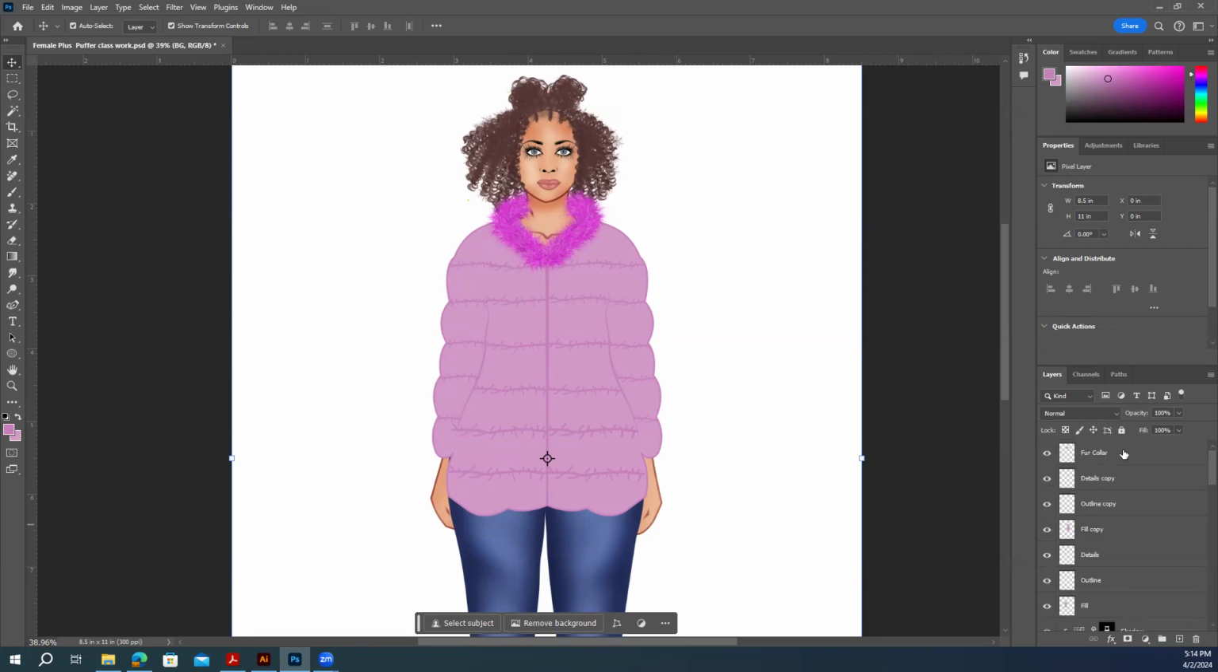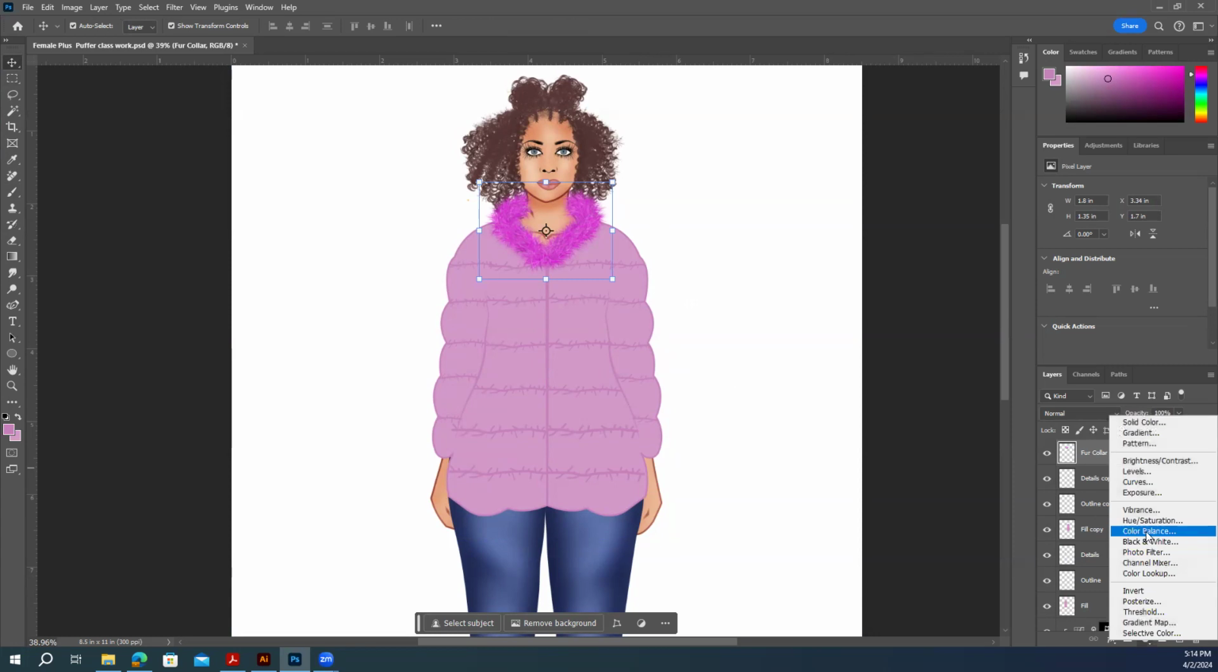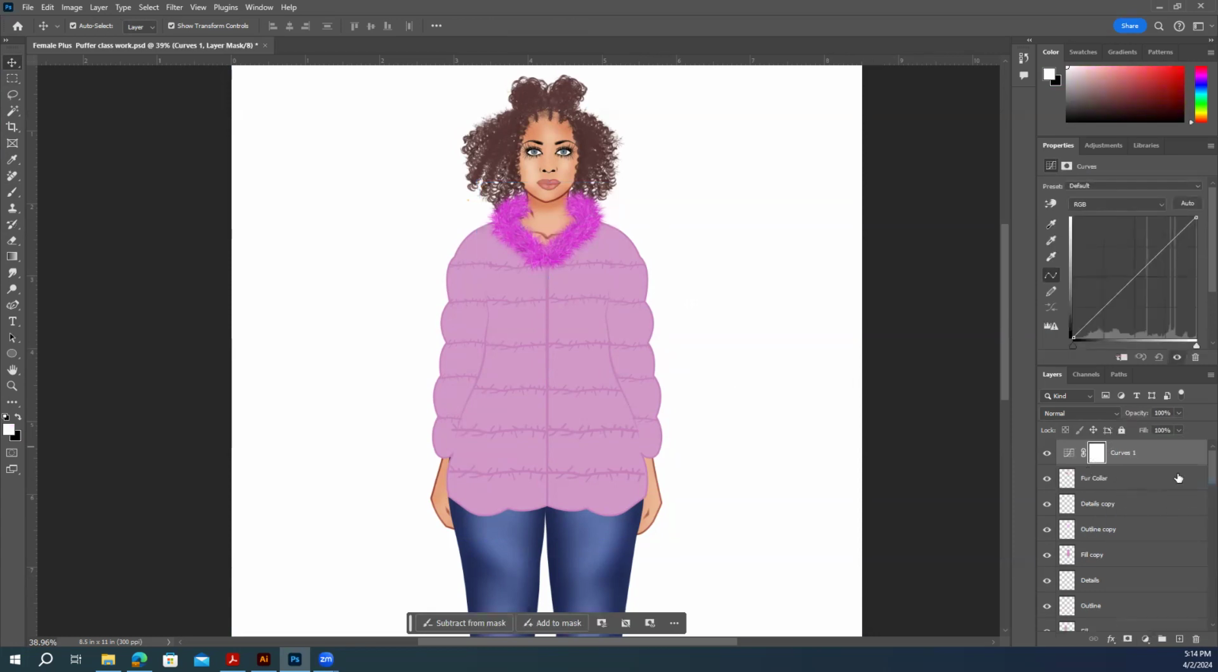So how we can do that? So for that we have our curves. So go to curves and make sure for shadow you do something like this and press Control I to invert it. And so this is for shading or shadow, and